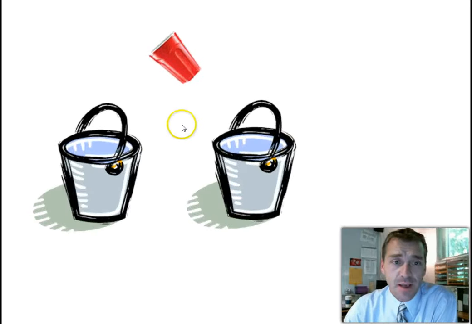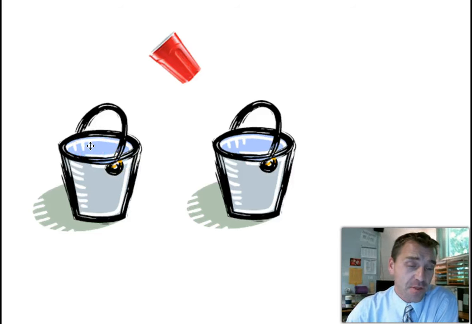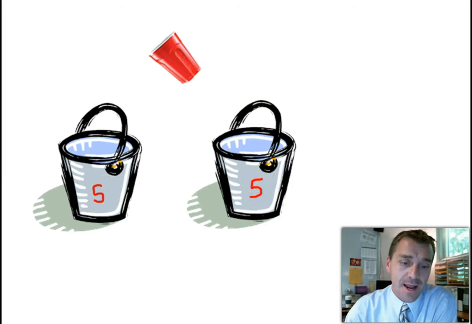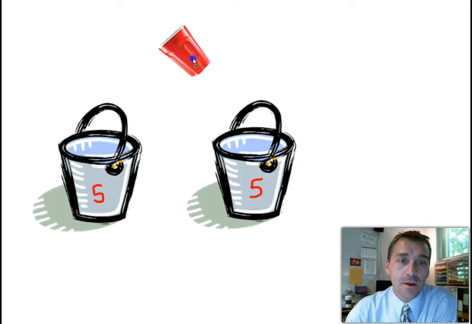So as a silly example, let's say that we have a bucket of water over here that has 5 gallons of water in it. Again, I'm just making it up. And then let's say over here they are congruent in capacity, so they have exactly 5 gallons of water in it. And I take this red Solo cup, reminds me of a song, I take this red Solo cup, and I don't care,